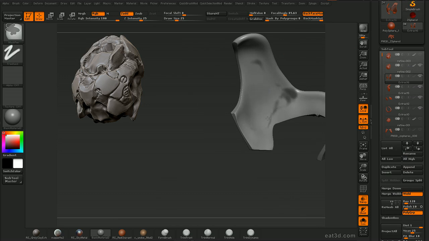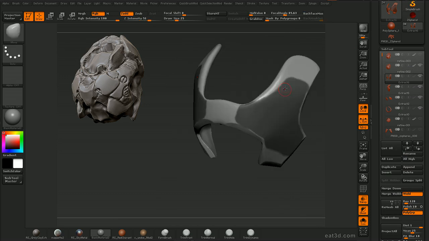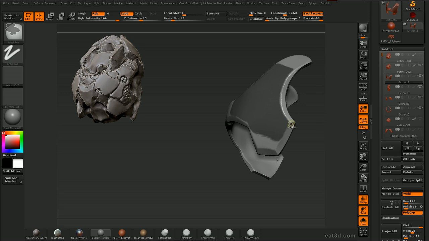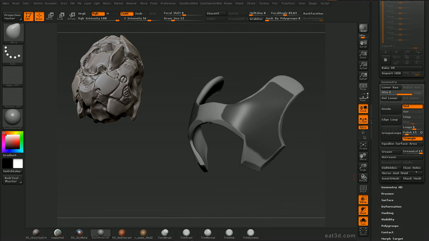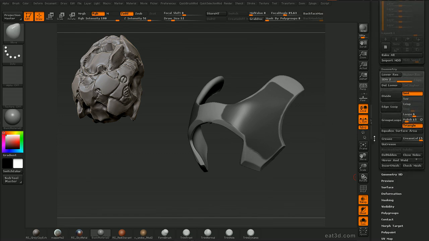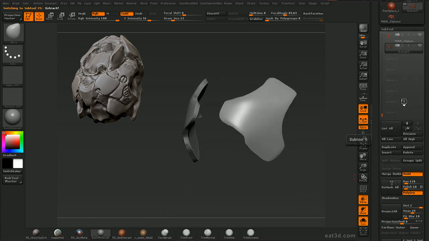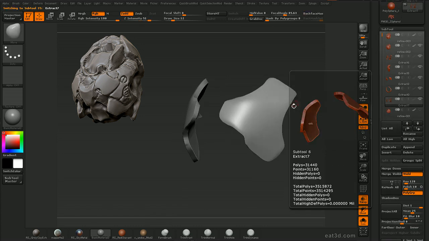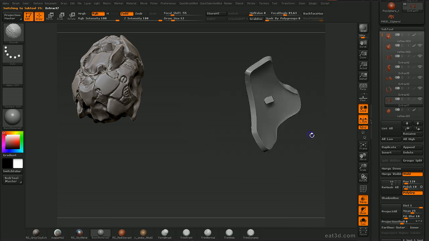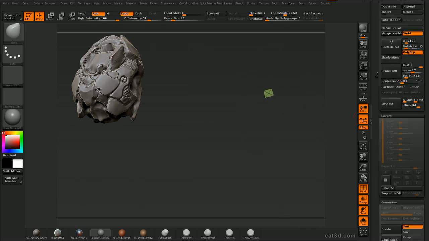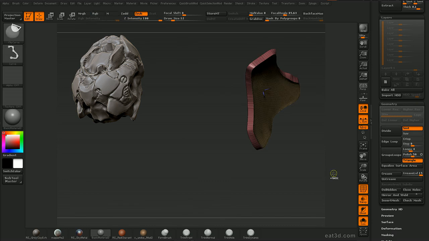Alright, so now I want to make the next piece of the mesh, and since it's directly on top of the other piece, it made the most sense to just use the previously made mesh to create our new subtool. So I masked out the area I wanted, and went to extract. Make the thickness 1 to keep the thickness in the same range. Okay, and right off the bat, you notice we have an issue. We have an extra mesh that we didn't want. And this can sometimes happen when you have a mesh that you're masking from and extracting from that isn't exactly perfect, or it might have a little bit of surface